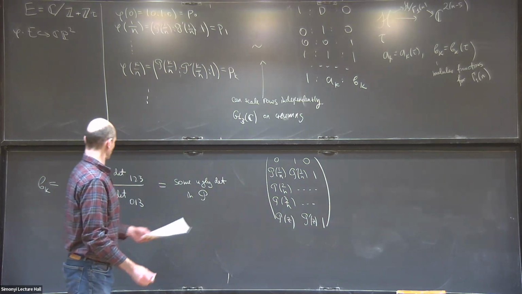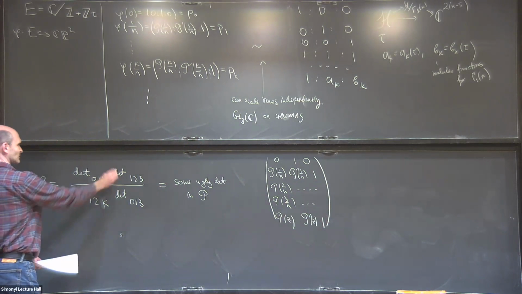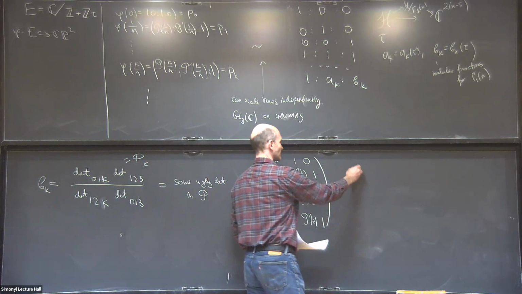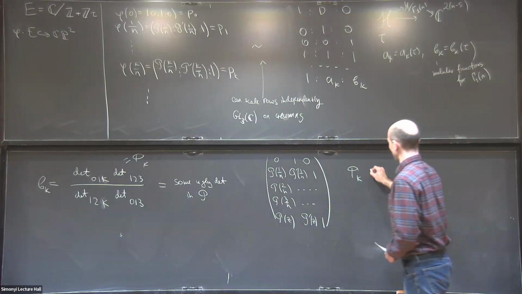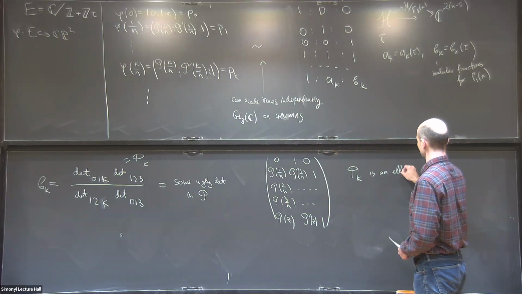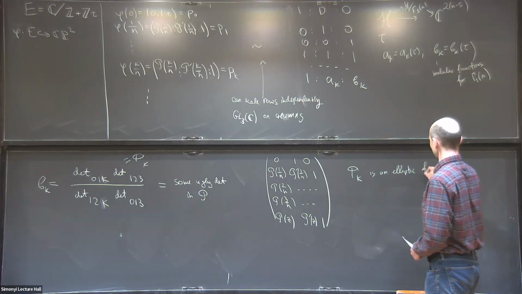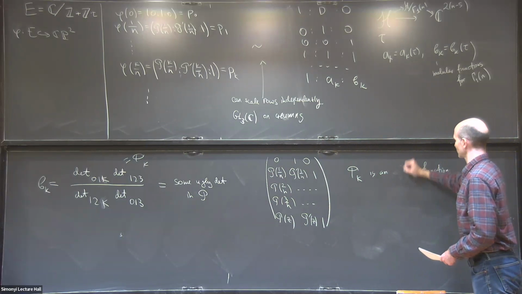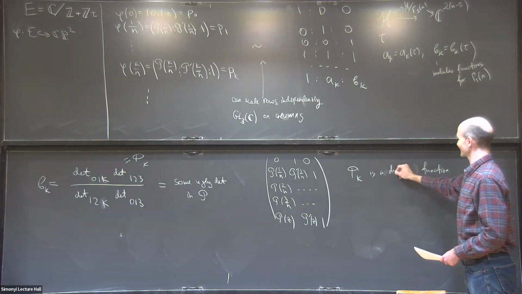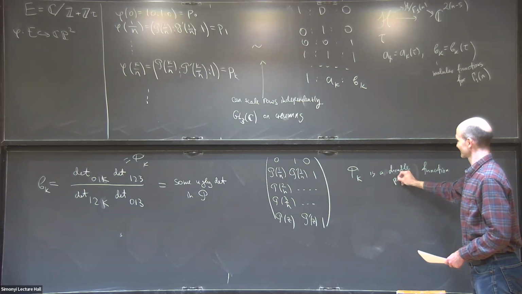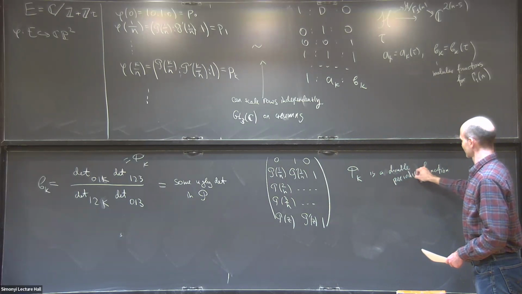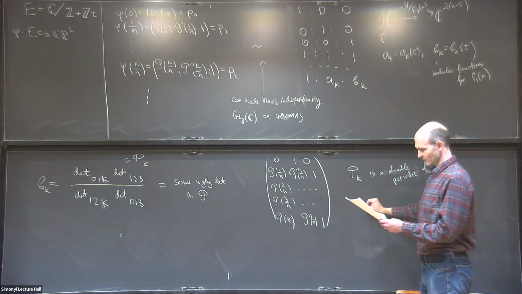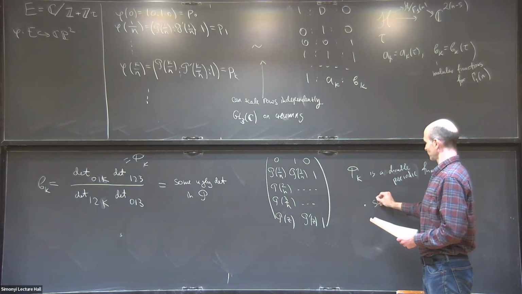And then you compute this, let's call this thing phi k. And then phi k is an elliptic function, a doubly periodic function with respect to Z plus Z tau, which has the following properties: simple poles